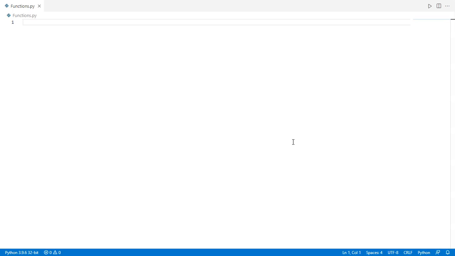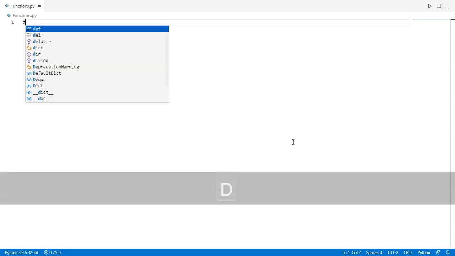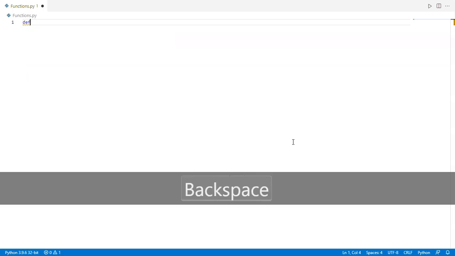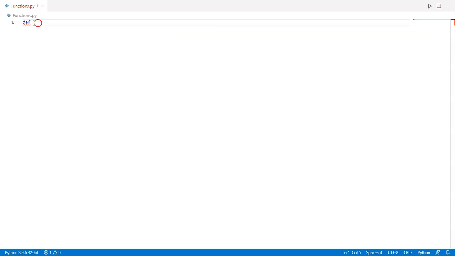First you want to define the function to show the computer what to do when the function needs to run. So we will type def. It's called defining a function.